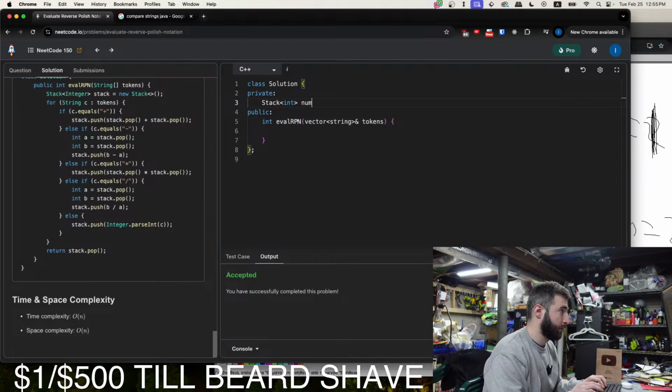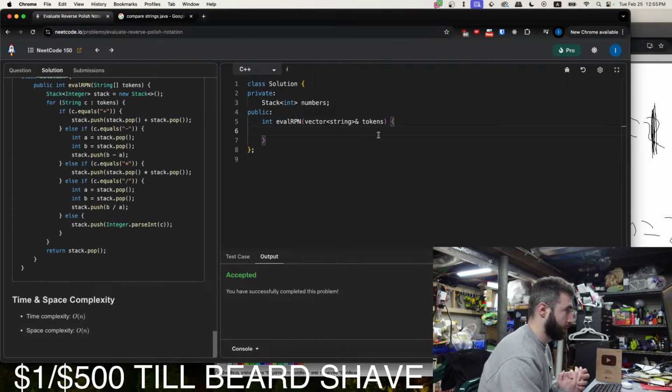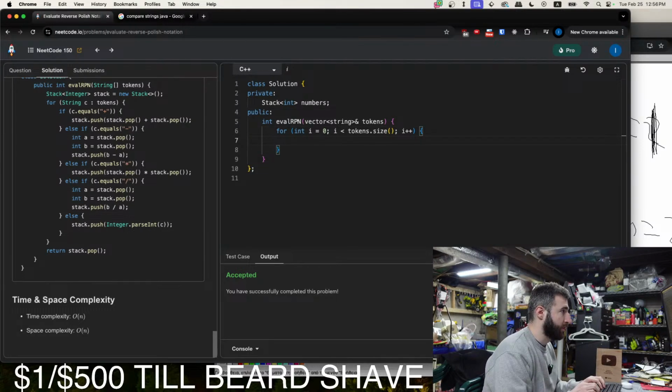We'll call it numbers. Great. So we have a vector of strings called tokens. So we will do the same thing, for loop, I equals 0, I is less than tokens dot size, I plus plus. C++ is the language that you can either use size or length, I'm pretty sure.